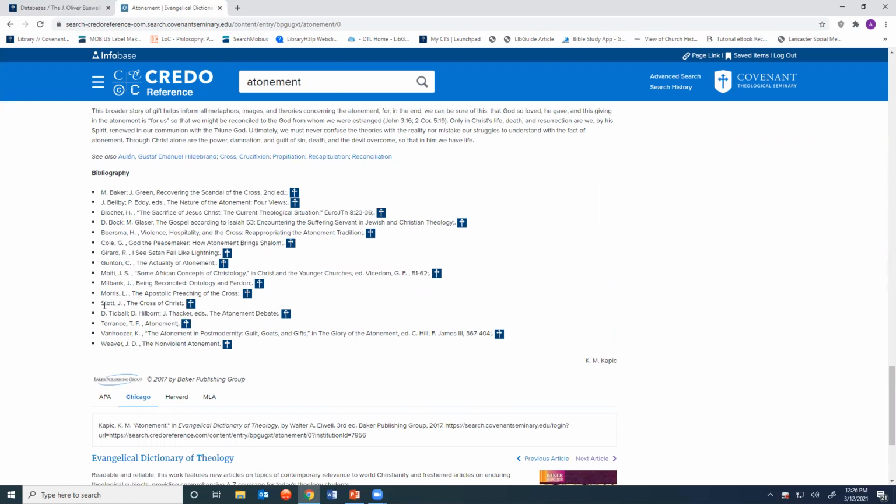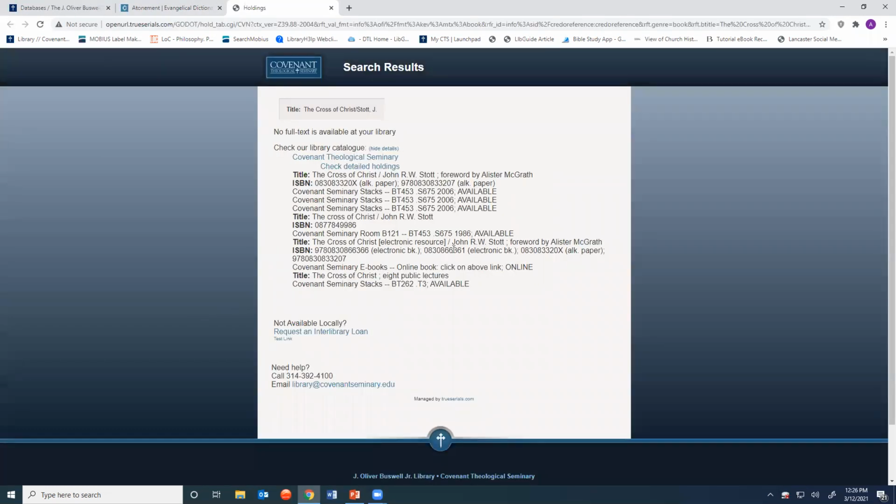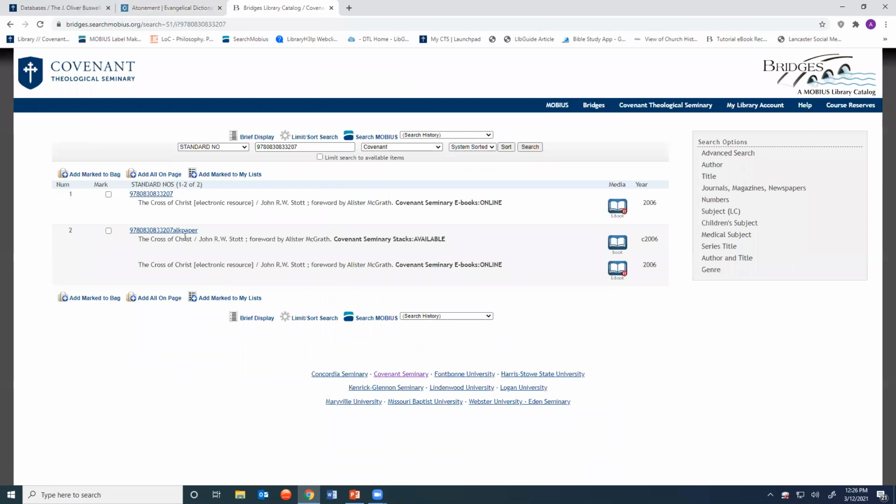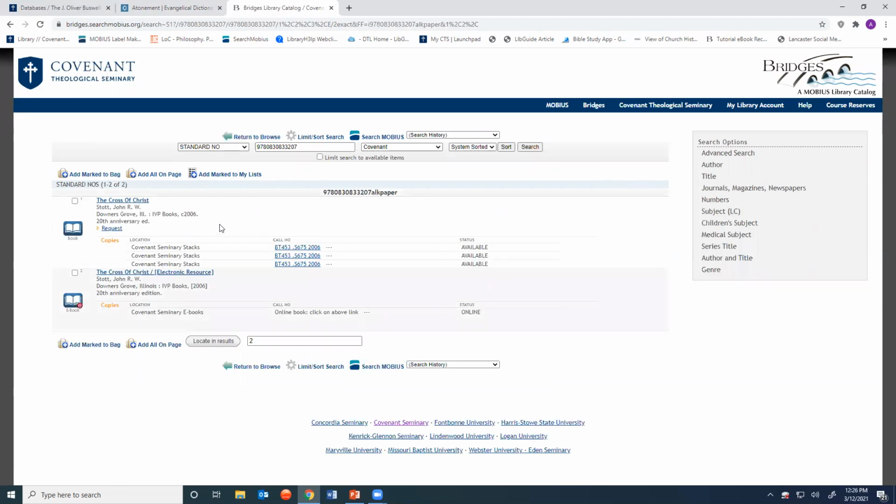Let's take a look here at John Stott's The Cross of Christ. Again, we're going to click the Find Full Text link. So on the results page here, we'll click the Check Detailed Holdings. So The Cross of Christ, which is a sort of standard evangelical treatment of the atonement, we own several copies.